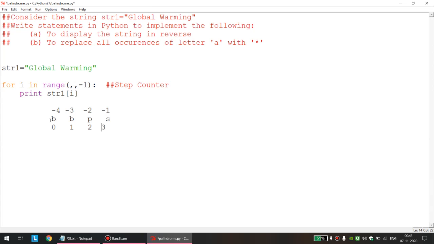Why am I doing this? So that you are able to understand this program well. Forward traversing starts with 0, 1, 2, 3. Backward or reverse traversing starts with -1, and it reads the data from the back. That is what we specifically want here. Till now, whenever we specified the loop, our first number was 0 because I wanted to read the data from the front. That is why we took 0. But now I want to read the data from the back, so it will be -1.